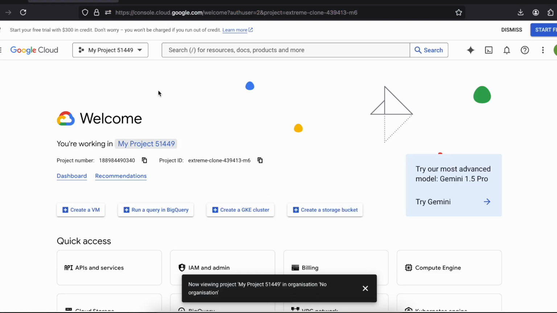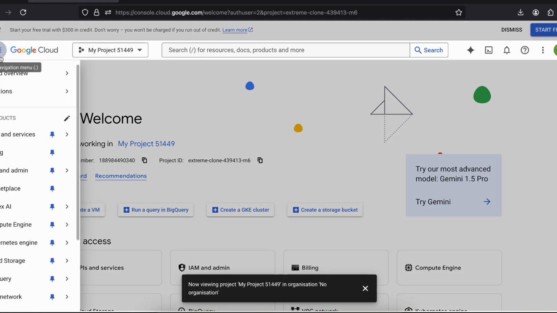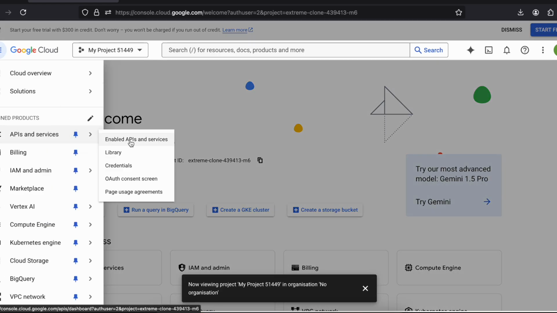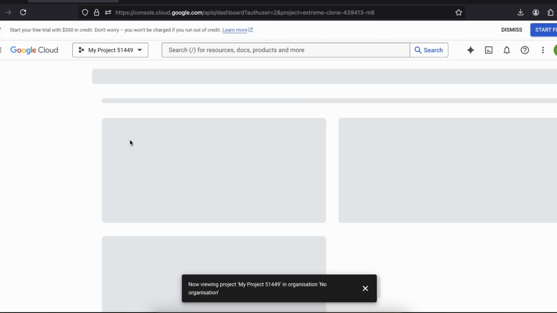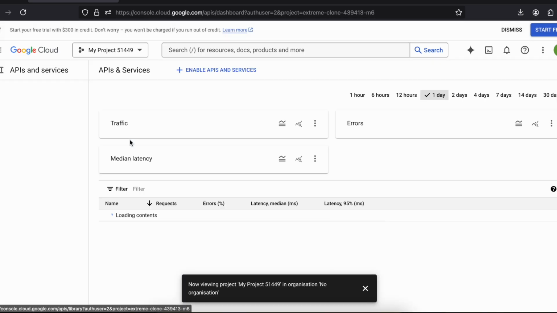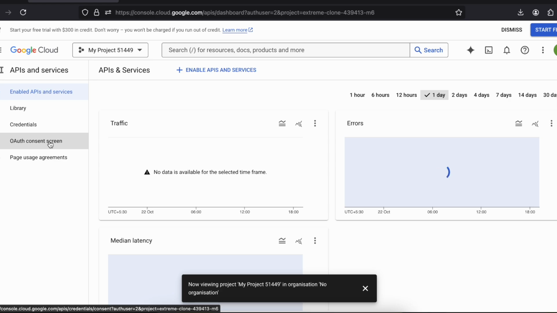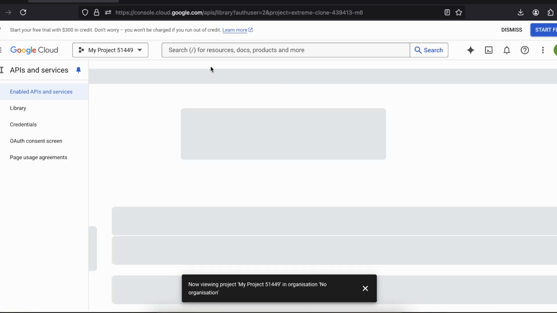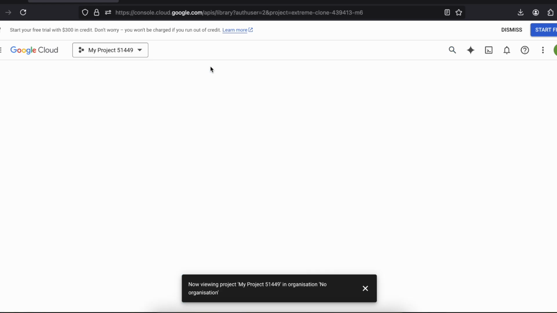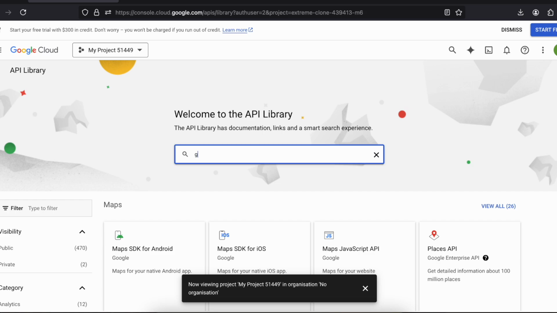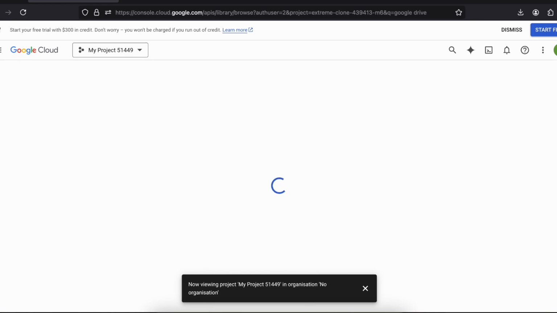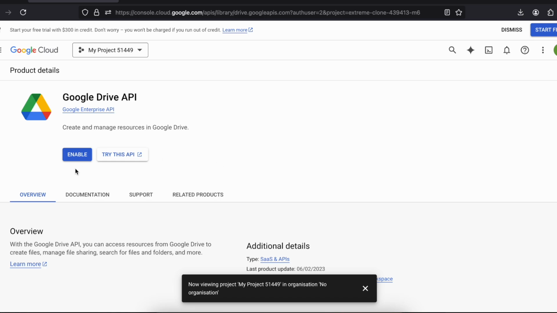Then once this project is selected, just select here, click on APIs and services, enable APIs and services, and firstly go to enable APIs and services, and here you will have to search for Google Drive. Select this, enable it,